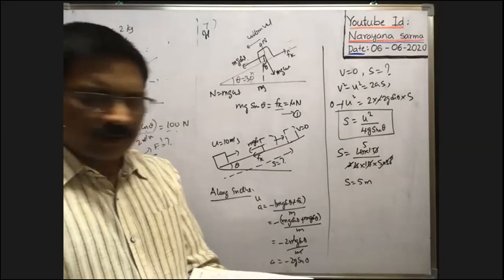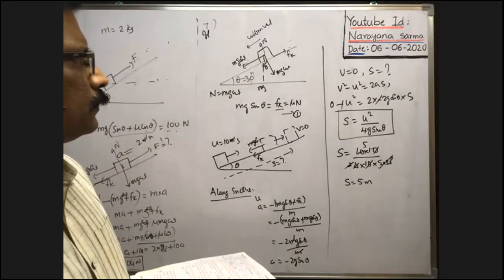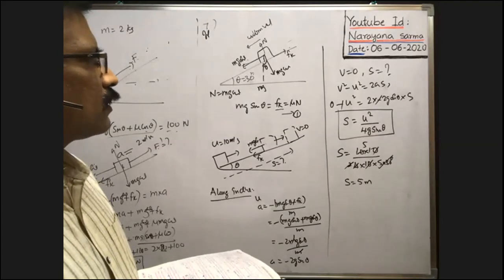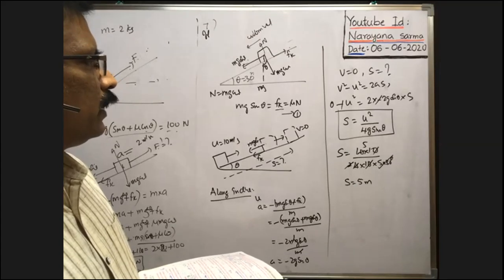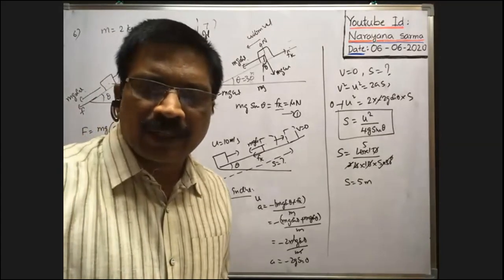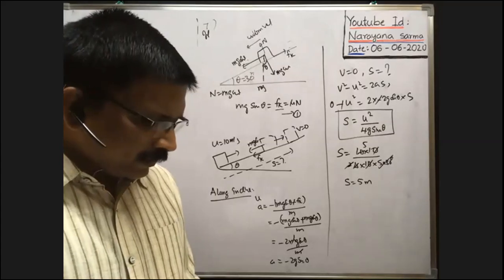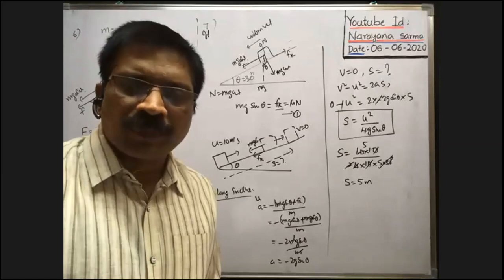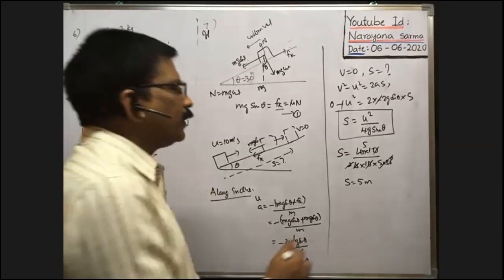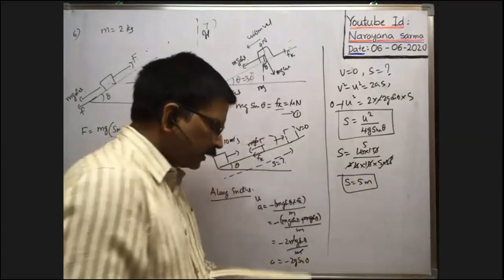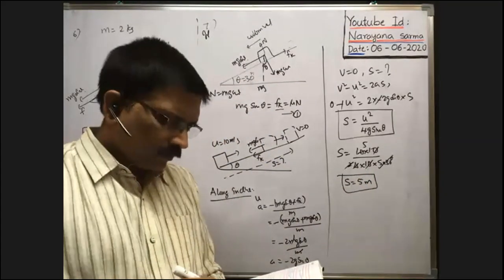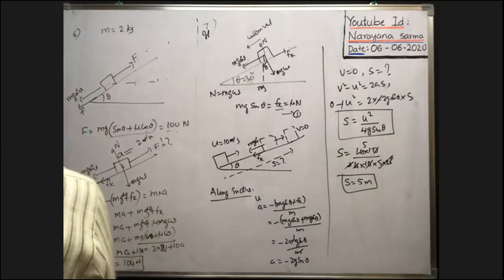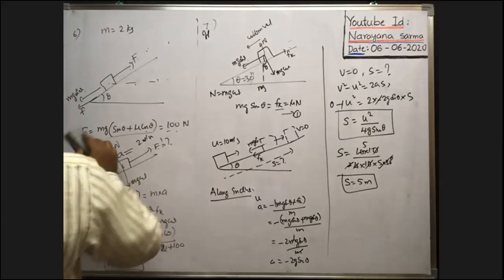The answer is given as 10. Is there any mistake there? u square is 10 into 10 by 4 into g, which means 10, sin 30 is 1 by 2. 5 only we are getting. What is the answer we are getting? 5 meter only, no? So what is the answer given? 5 meter only is given. Okay, right. So 5 meter is the answer. Of course, I have not noted it correctly in the notes. This is one of the important problems.